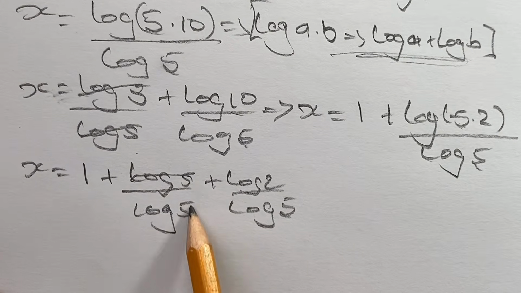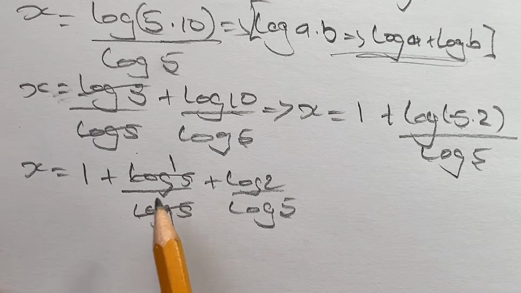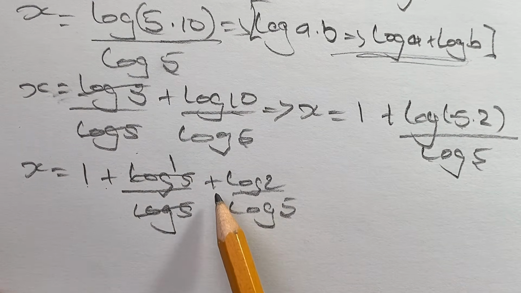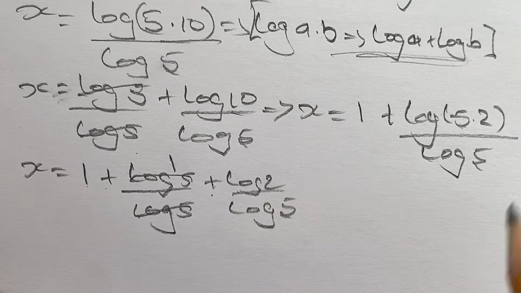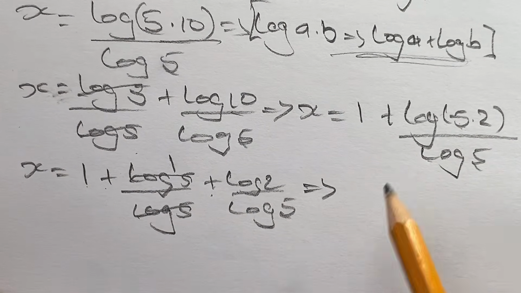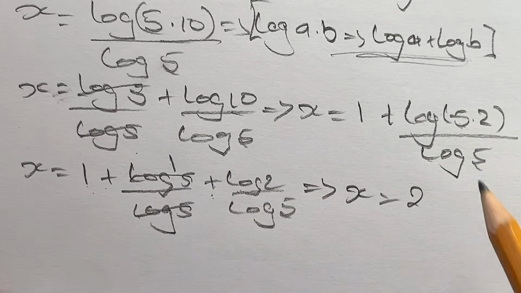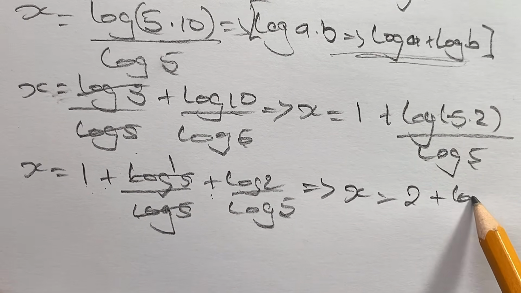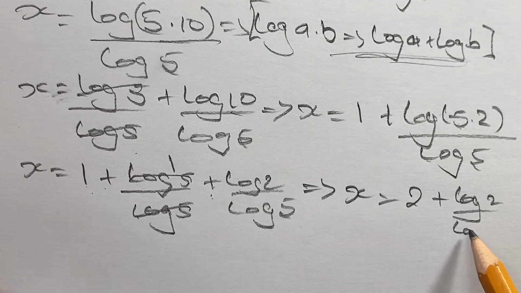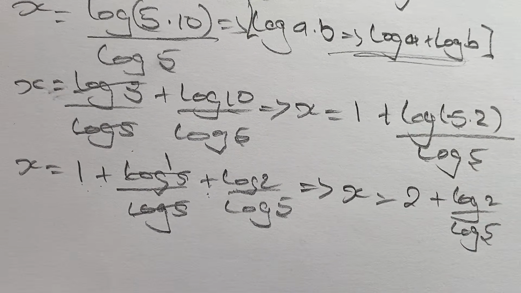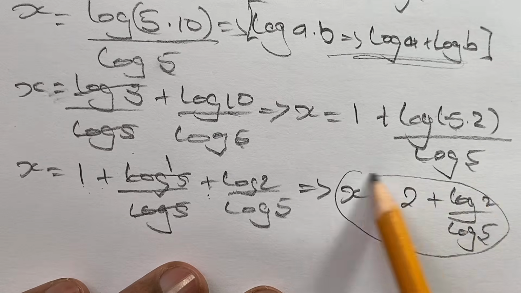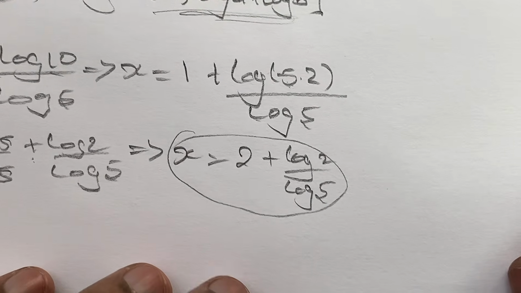So here we see that these will be cancelled out. So here we have 1 again, so we have 1 plus 1, and then we'll have plus log 2 over log 5. So that means that x is equal to 1 plus 1 gives us 2, and we'll have 2 plus log 2 over log 5. So remember that we have this, and there is one rule that I would like to look